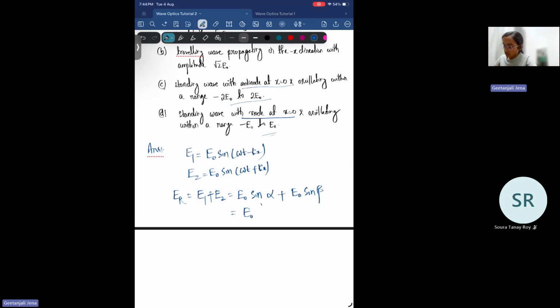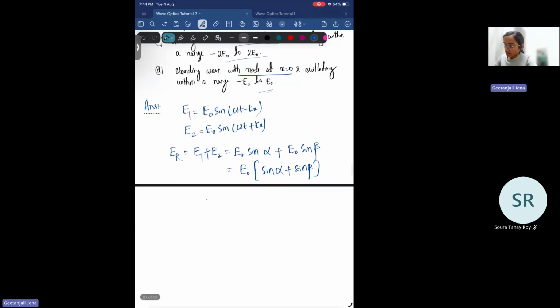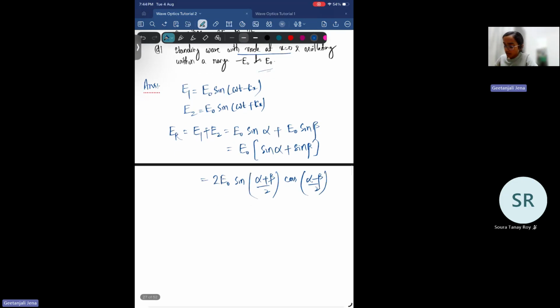So E0 times sine alpha plus sine beta. This expression is sine alpha plus sine beta, which is 2 times sine of alpha plus beta by 2 cos of alpha minus beta by 2. And if we put the value of alpha, which is omega t minus kx, and beta, which is omega t plus kx,